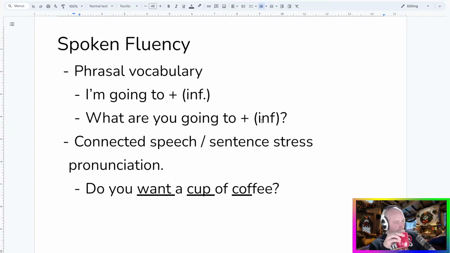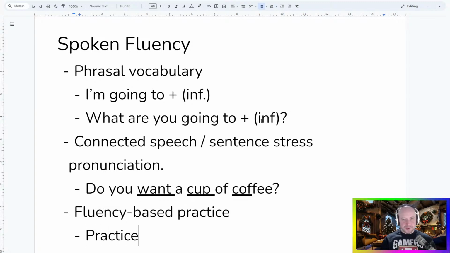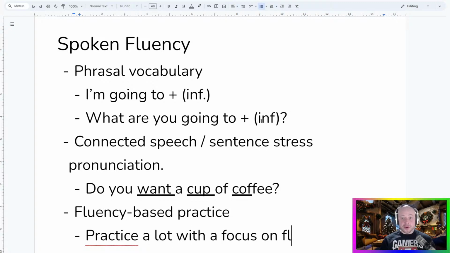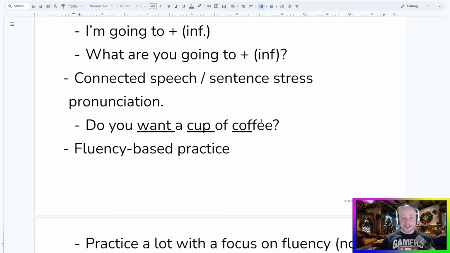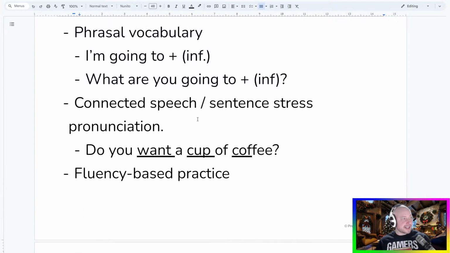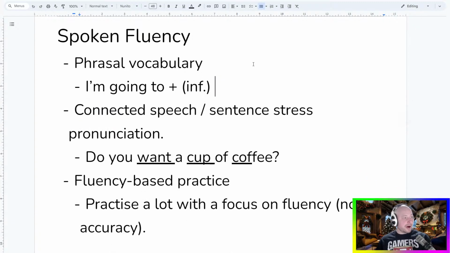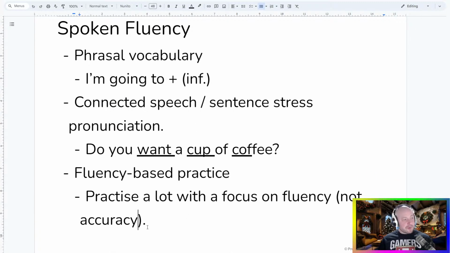Is that it? Oh, you also need fluency-based practice. Fluency-based practice. That means practice a lot the skill of speaking with a focus on fluency, not accuracy. So I'm not saying that accuracy is not important. Obviously, accuracy is important. But what I'm saying is that when you practice